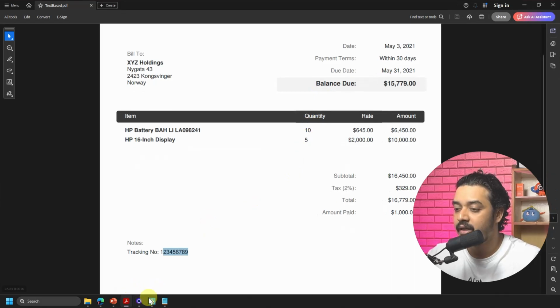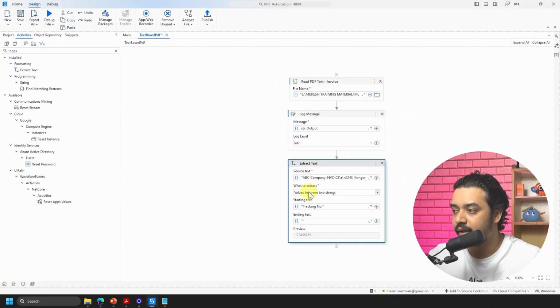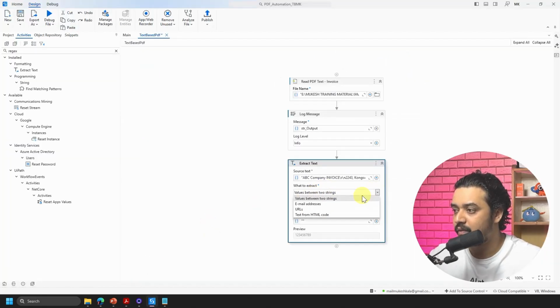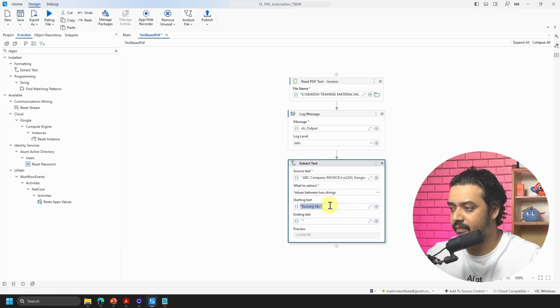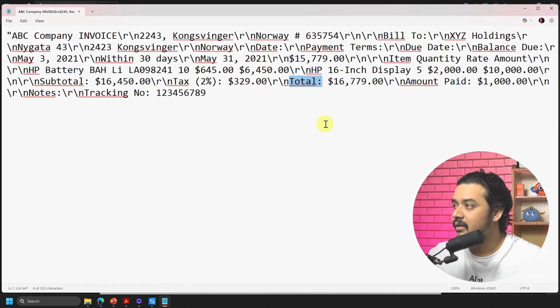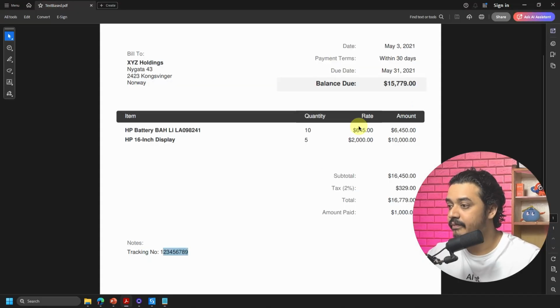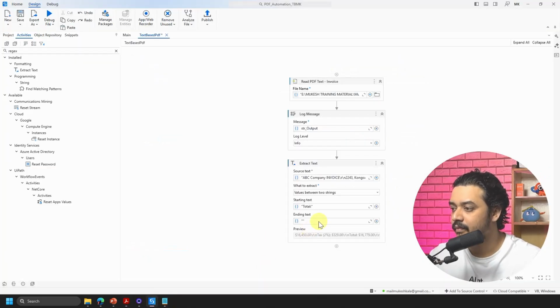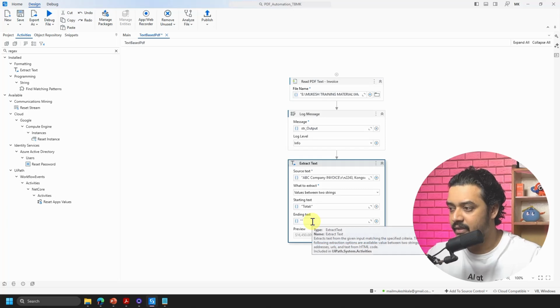So I'll go here and say that I want the value between the two strings. By the way, you have the other things as well, right? URLs, HTMLs, everything. So I am saying that I want to extract information between this total, and it got me this number, and then I want to extract between this ending text. I'll just remove this and paste this,